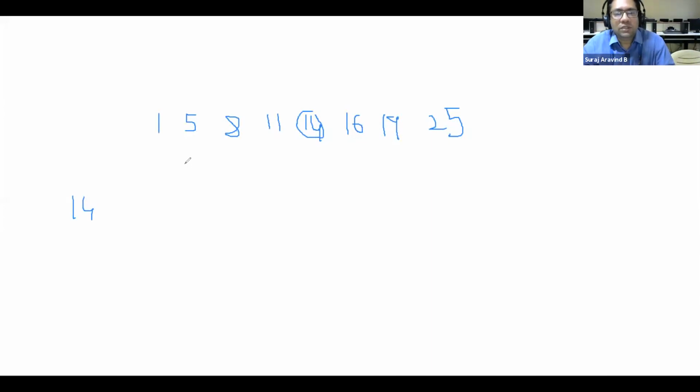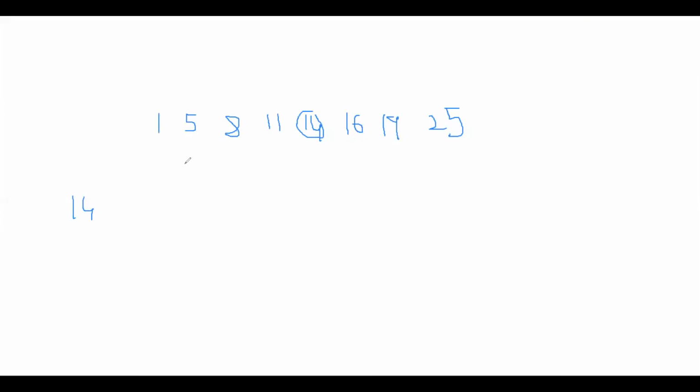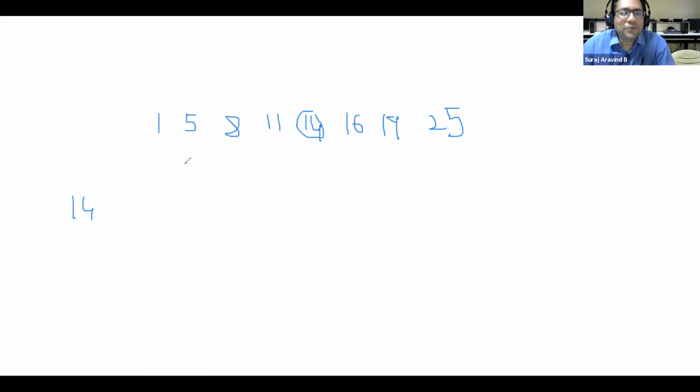Suppose I don't know the count, then what will I do? Midpoint you will take, sir. How do I find the middle point then? See, if there are 10 members, I can say 5 is the middle point. But if I don't know the count, how can I identify the middle point? So then I go step by step. Since I know numbers, I will first ask for the first 5 numbers. What is your roll number? Then maybe in steps of 5 or 10 or something, I will check it.